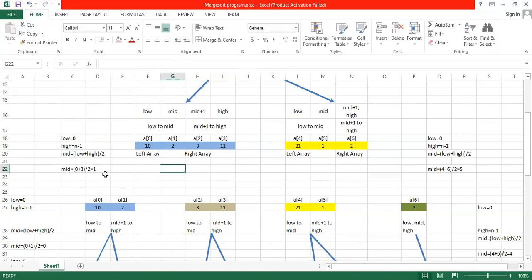Sorry, a small mistake earlier. So low is a of 0, mid is a of 1, mid plus 1 is a of 2 and high is a of 3. Again low to mid is the left array and mid plus 1 to high is the right array.